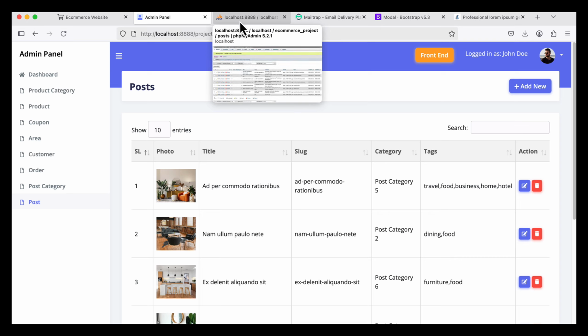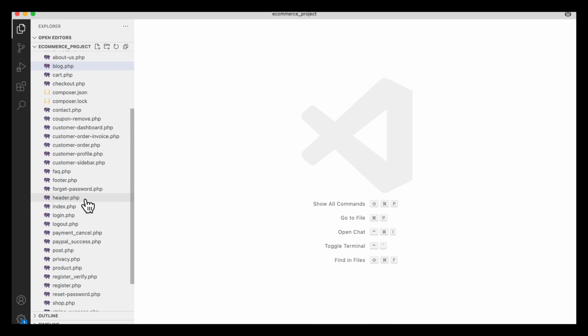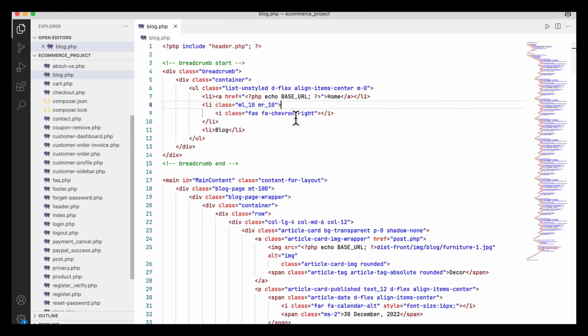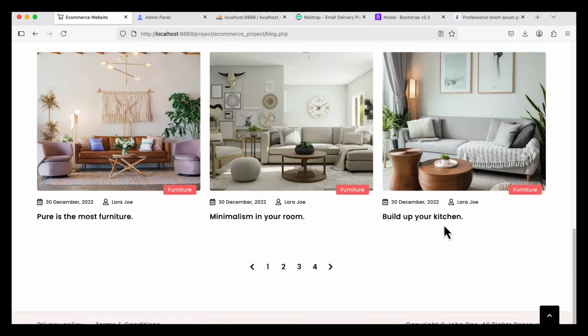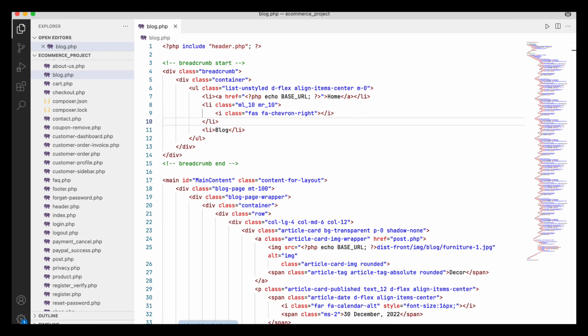is deleted. Now I am going to show all the blog posts in the front end. In order to work with the blog posts in the front end, I am going to open the blog.php file, and here I am going to show all the blog posts here, right? So what I will do is I am going to work with the sections. For example, here you see